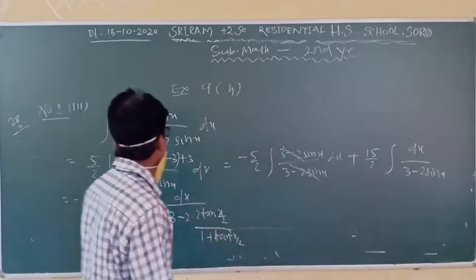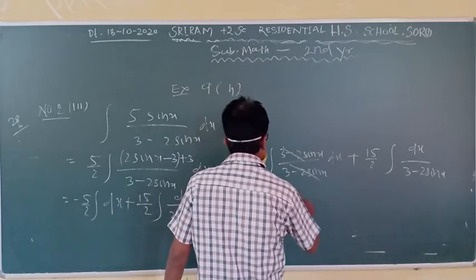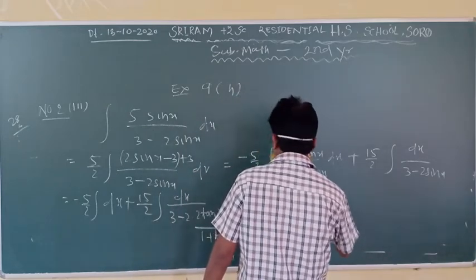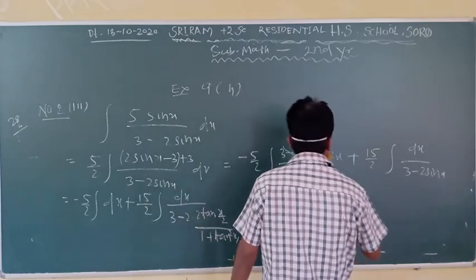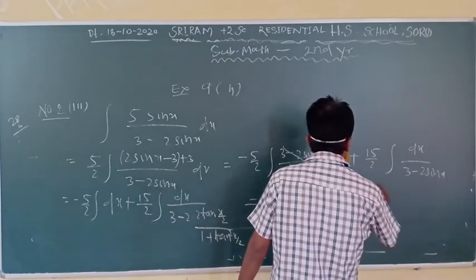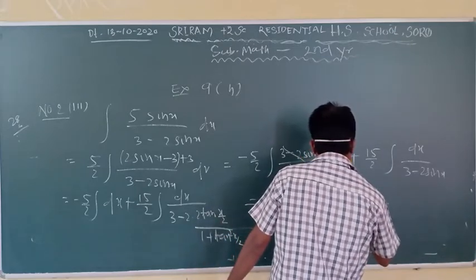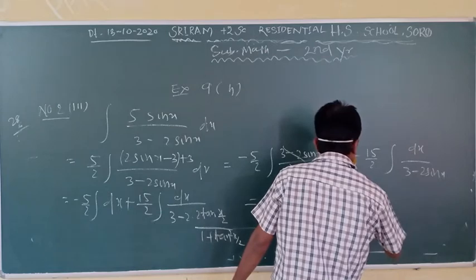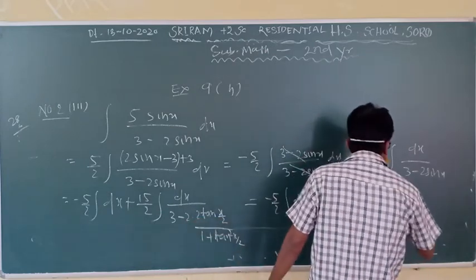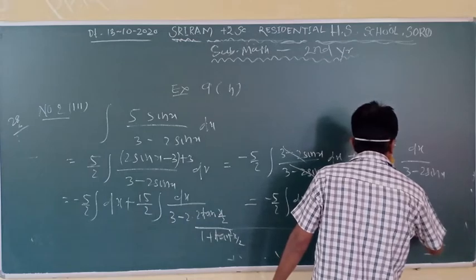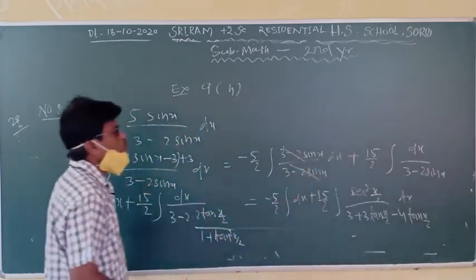And then similarly you can solve this way, that is minus of 5 by 2 dx plus of 15 by 2, that is 1 plus tan square x by 2, going to denominator numerator side, that becomes sec square x by 2. You already know that process, and that becomes 3 plus of 3 tan square x by 2 minus of 4 tan x by 2 dx. Then taking tan x by 2 is equal to z, and dz is equal to